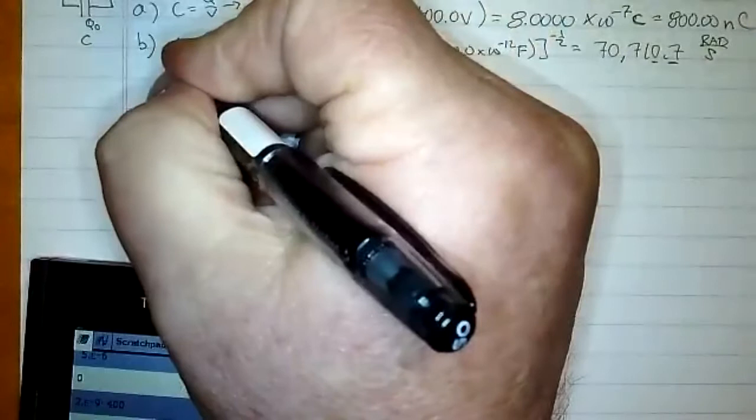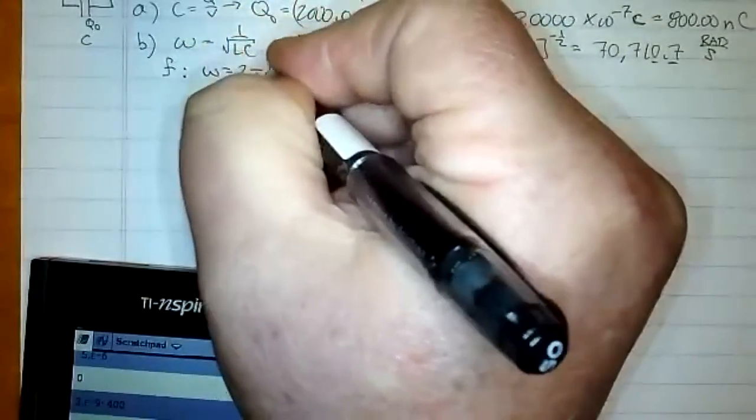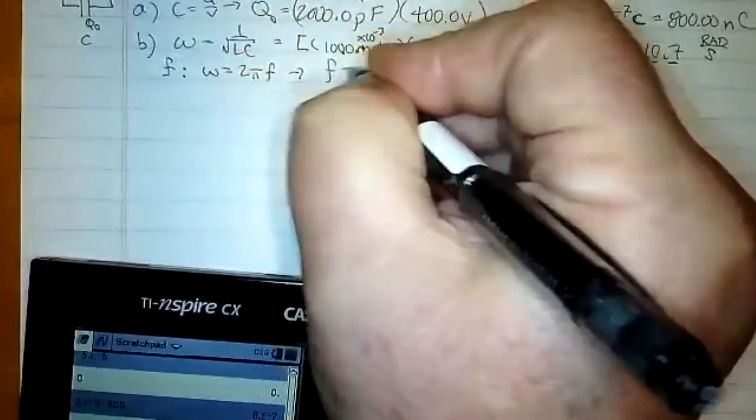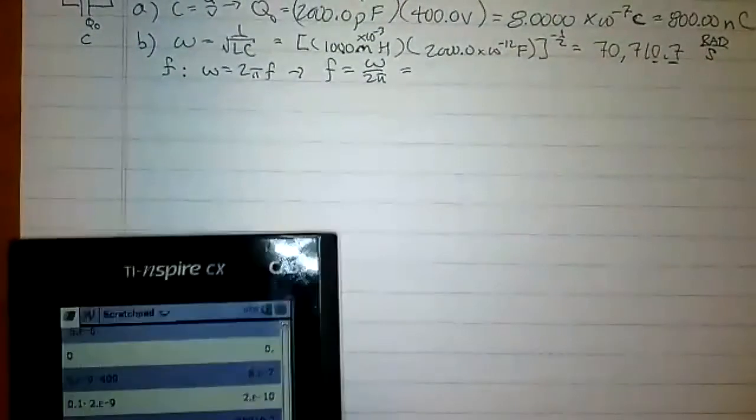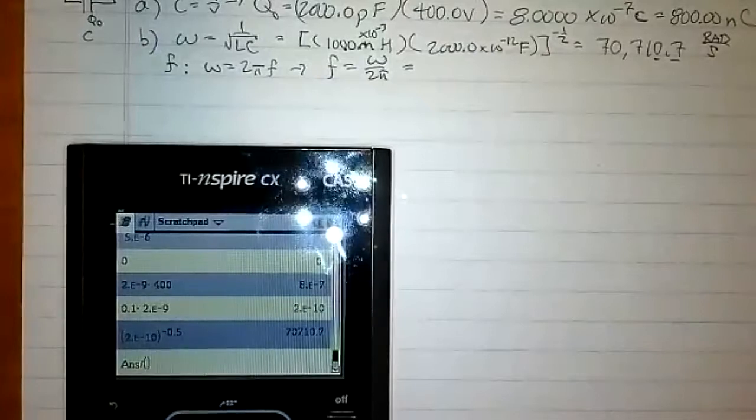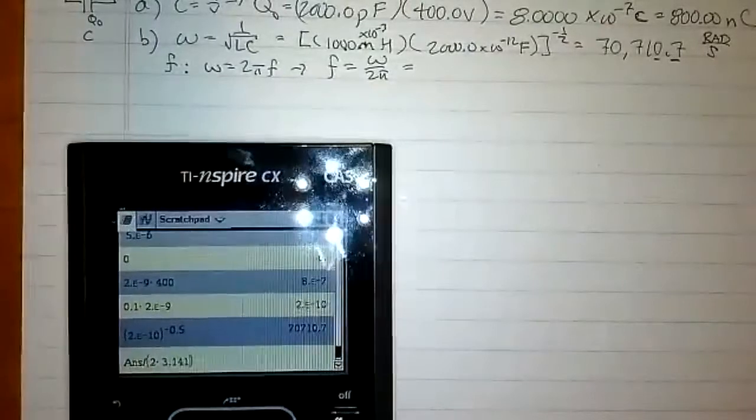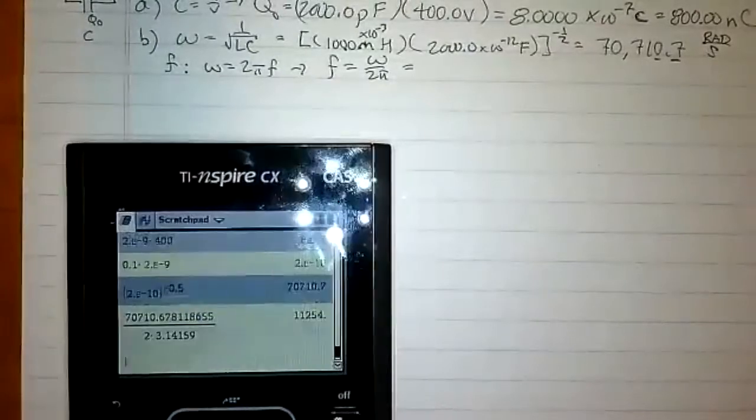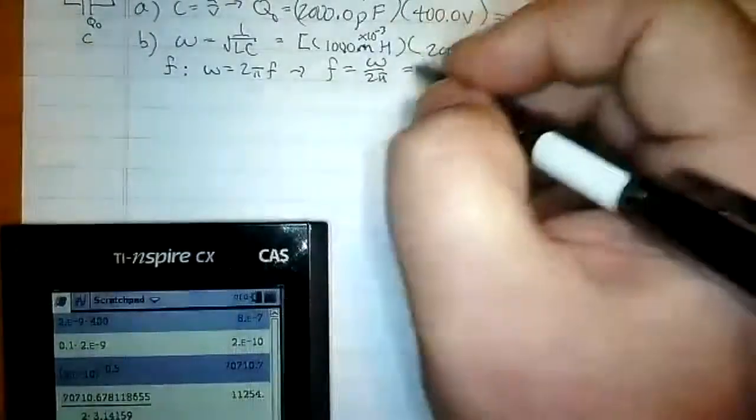So the frequency f is given by omega equals 2 pi times f. So what we see is f is equal to omega over 2 pi. So I'm going to divide that number by 2 pi. I'll put a parentheses around it, because if you don't, it's going to divide by 2 and then multiply by pi. So 2 times 3.14159. And there is a pi key, but it takes longer for me to punch it, so I'm not going to do that. So that's 11,254